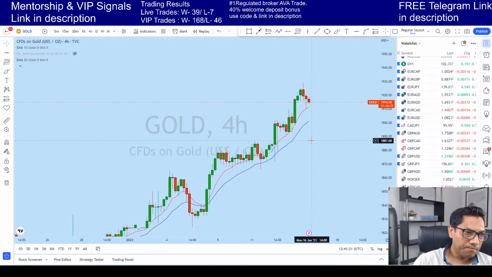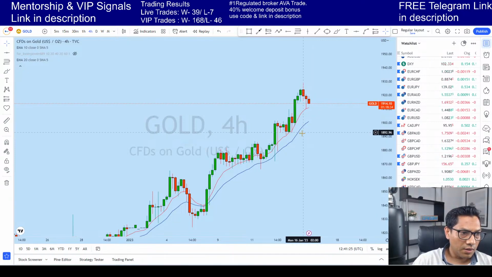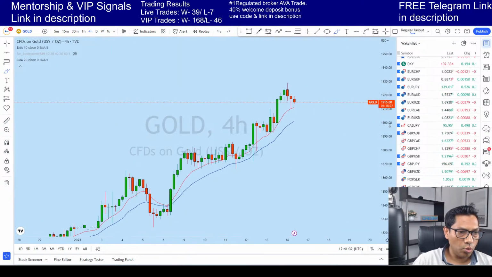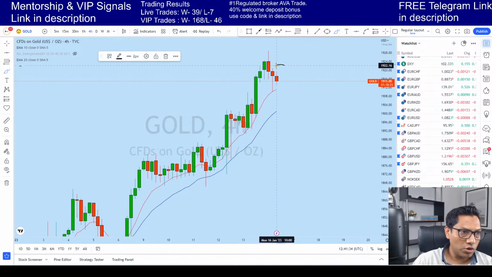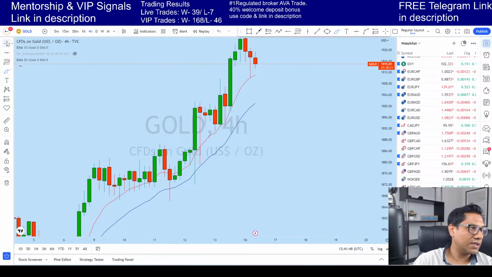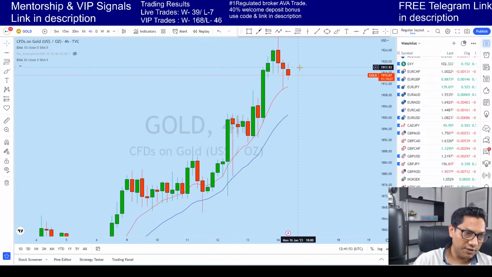Firstly, let's say gold has created this pattern, right? We need to see at least one false breakout in this zone. One false breakout means at least one candle needs to cross its high and then close back below, which is, not necessarily, but in most cases you will see this kind of false breakout happen when there is a reversal. So that's one thing.